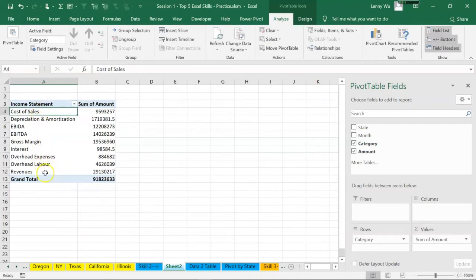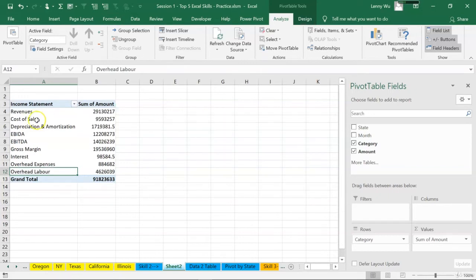And let's find out the revenues, which is alphabetically listed at the bottom. Let's drag it to the top. We can select revenue and then drag to the top. And then sales, cost of sales. Then let's look at